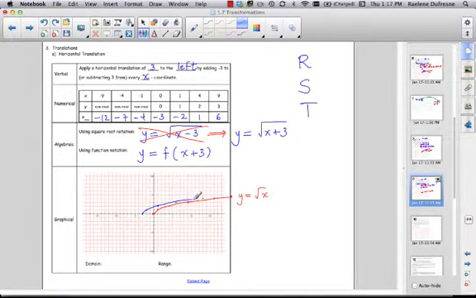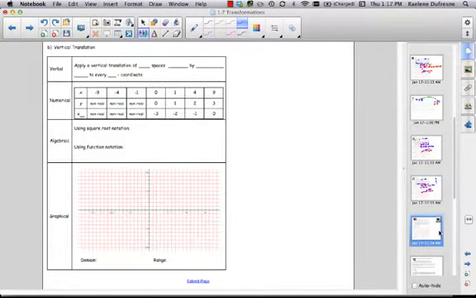And we try to draw accurately. It looks like the graphs are going to run into each other. Don't worry. Don't forget to complete the domain and range. Now is a good time to pause the video so that you can give the vertical translation case a try